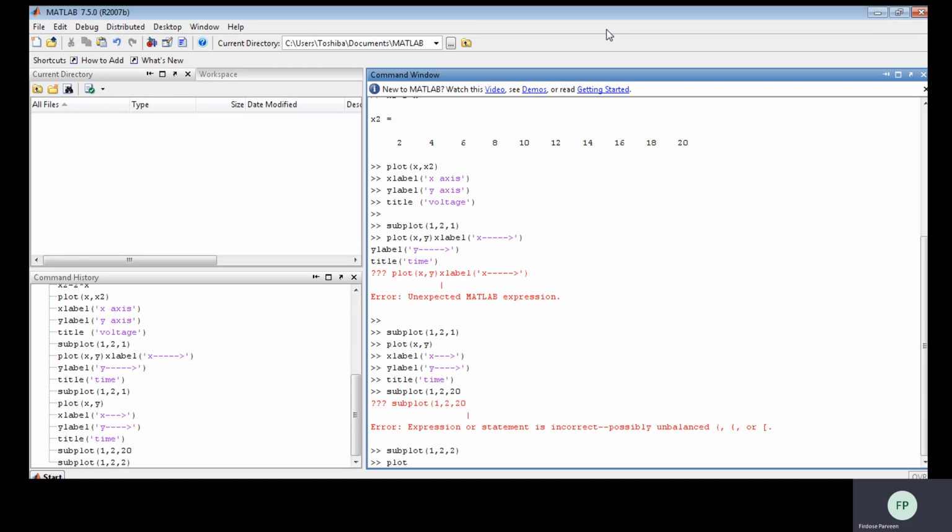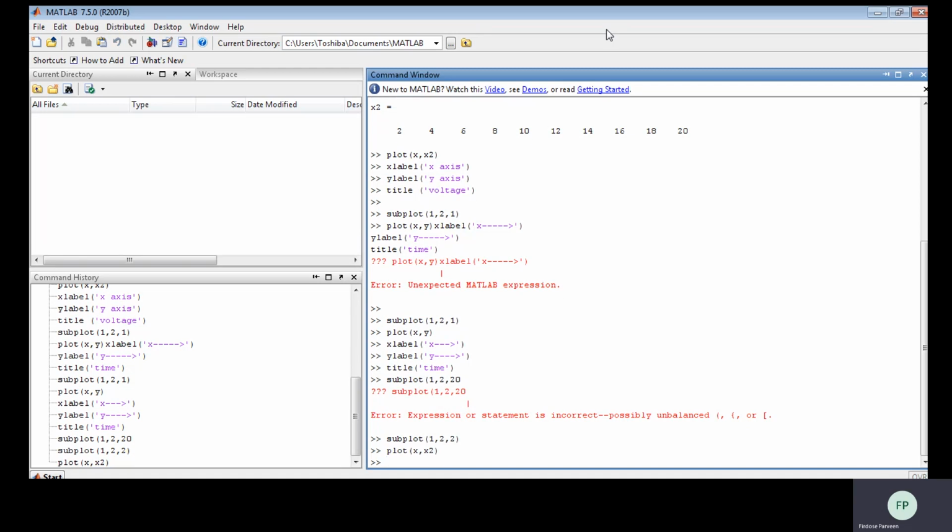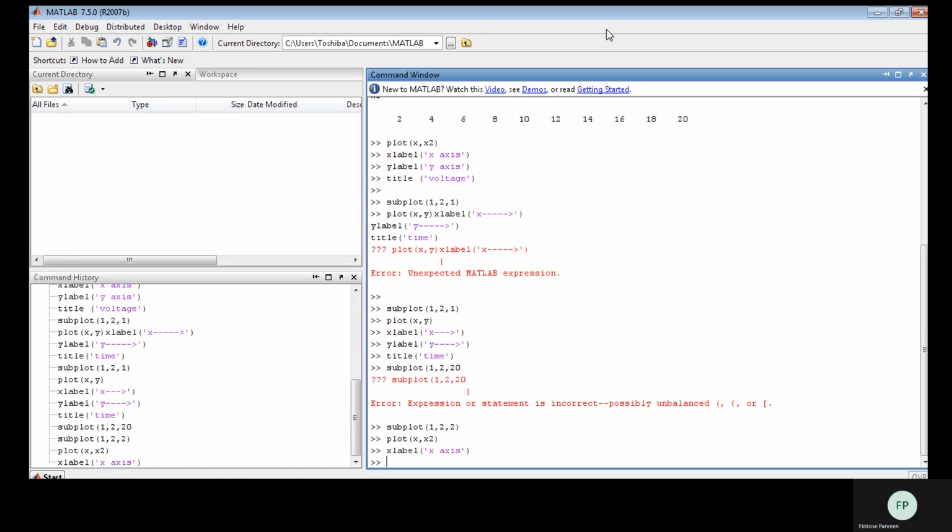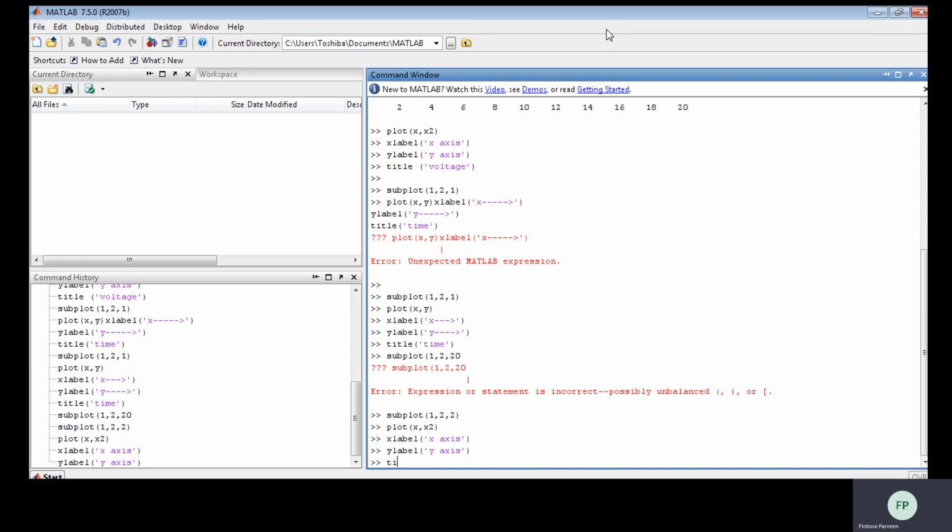Now plot x comma x2, the same thing we did previously. Then I will label xlabel, ylabel as y axis, and give the title as voltage.